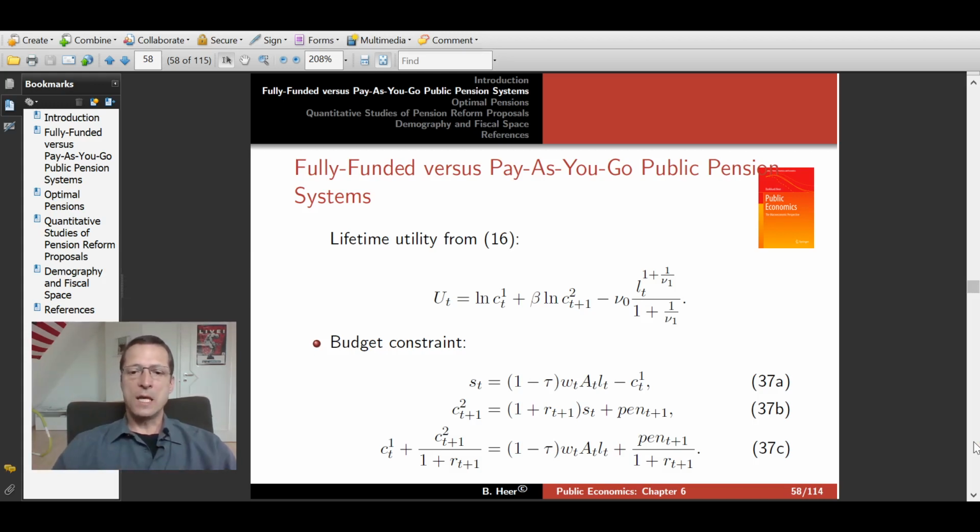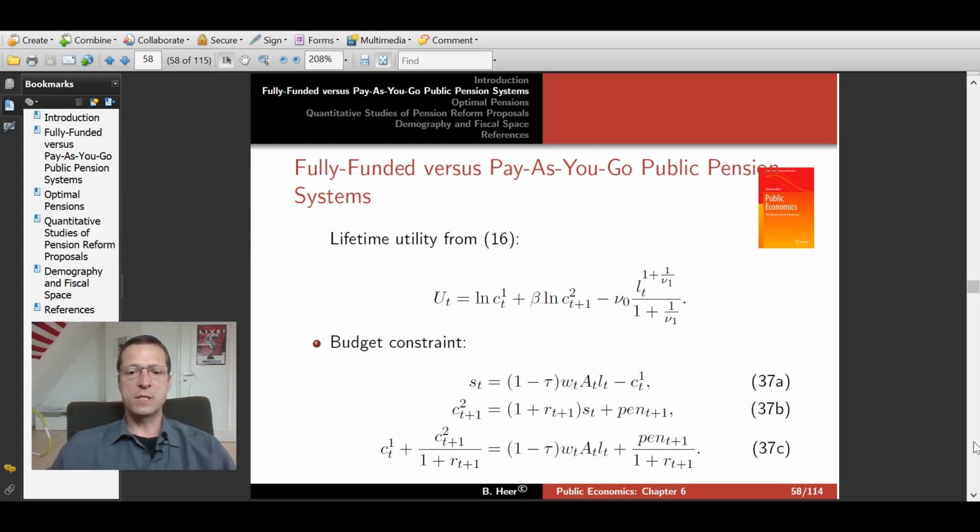From our labor income, we subtract consumption to get to our savings s_t. Next period consumption when retired, c2_t+1, is equal to our savings s_t plus interest on savings r_t+1 times s_t plus our pension income in old age. And we denote the pension income by PEN, P-E-N. So when we substitute savings from equation 35b in our consumption savings in 37a, we get to